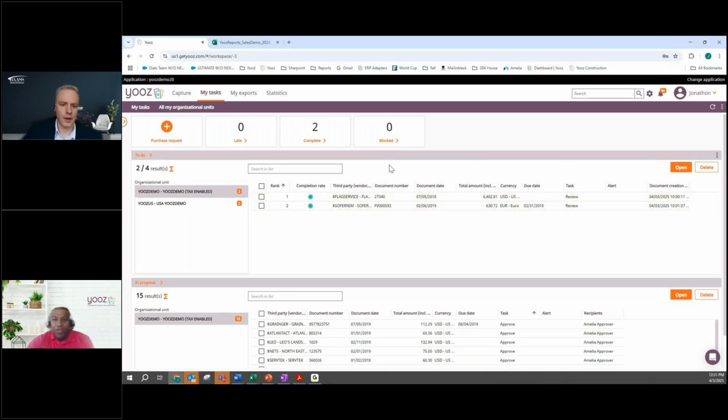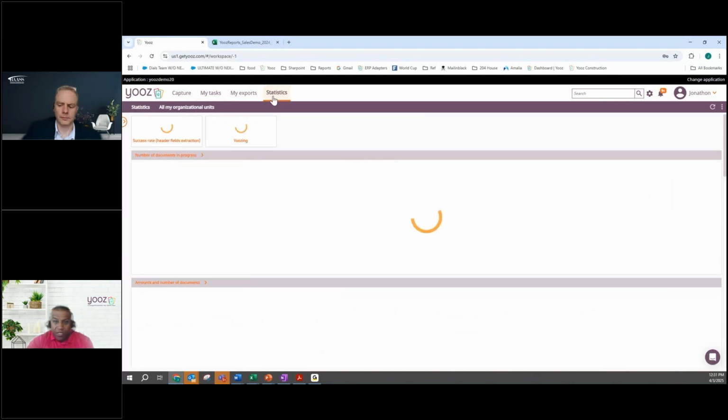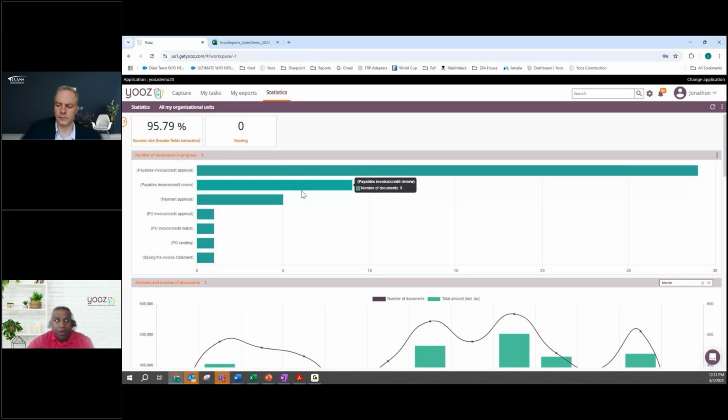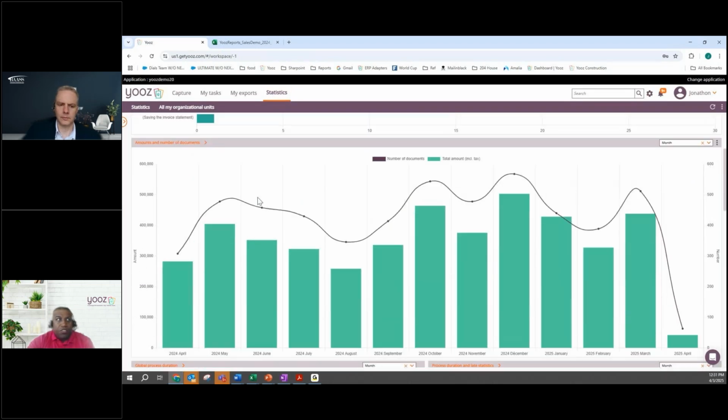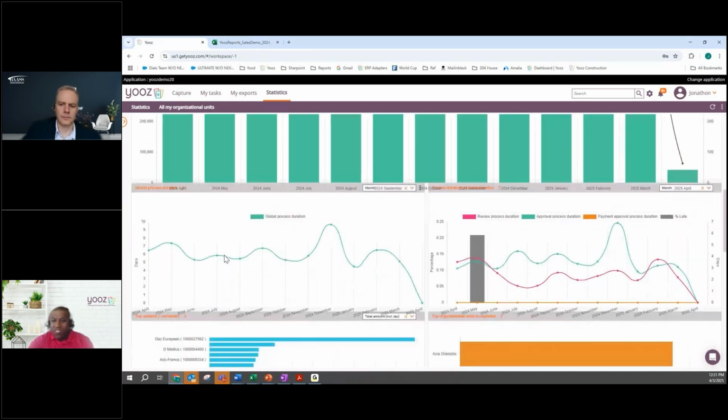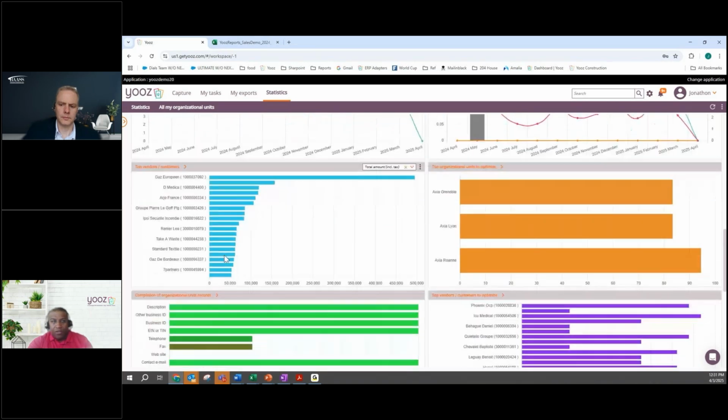On the approvers, you can have people approve. You can restrict them if you don't want them to see certain GLs or certain cost centers. We can really restrict them as well. Inside of Yooz, if you're an admin, you can look at statistics. This gives a live feed. This is one of our clients all the way down, which is really nice. You can see where you were last year, where you're tracking for the year, total amount of documents, total dollar amount, all the way down. Just good visibility throughout. And there's also a lot more we can do if you're using a BI tool as well.